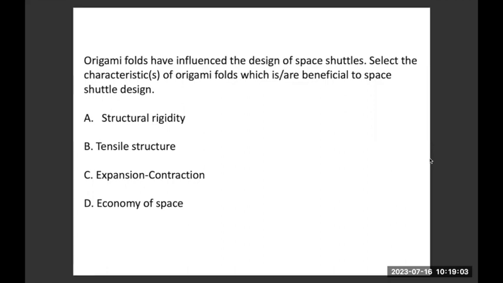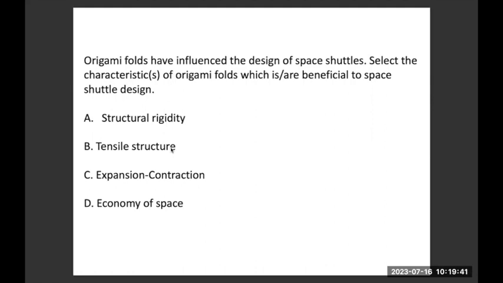In this case, the correct answer is C and D, expansion, contraction, and economy of space. Origami folds are not rigid in nature in any case. In fact, they don't have any tensile attribute either. The purpose why these folds are used in space shuttles is because they are compact in nature, and because of which they occupy minimum space, and hence it economizes the space, which means you can put